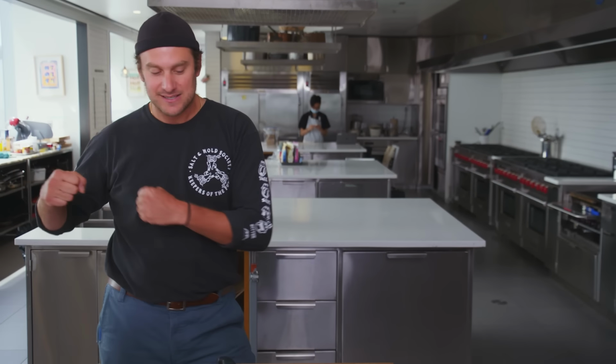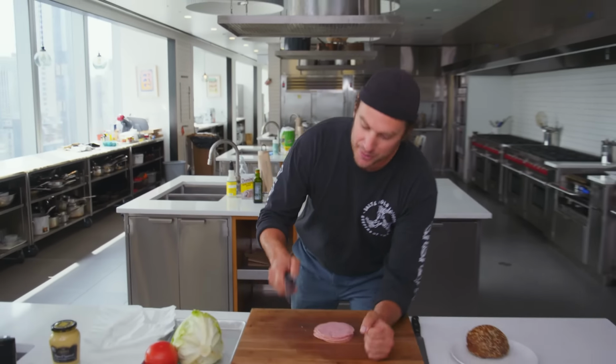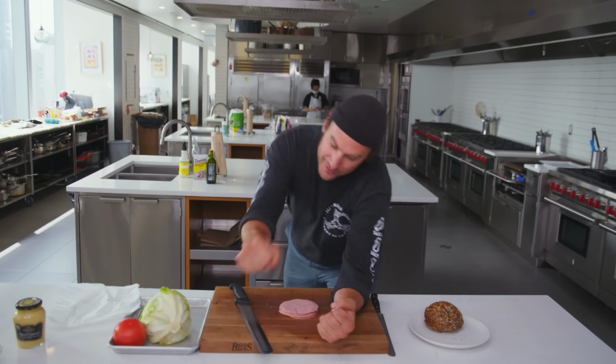I used to work at delis when I was younger, and they come in these logs like this, stuffed in a casing. So you would peel back the casing, and you're left with this big, round, giant, looks like a giant salami, right? And you would take the knife and cut the slits in the whole log, and then you put it on the deli slicer,